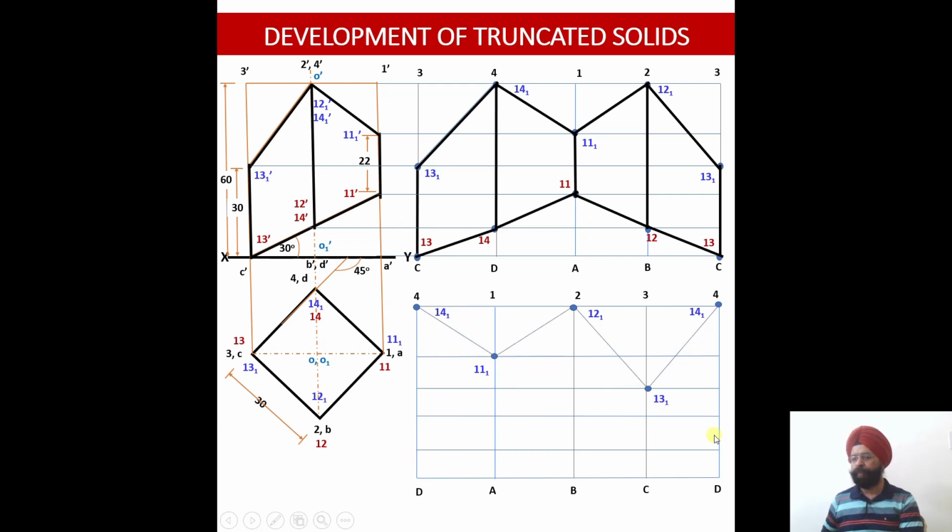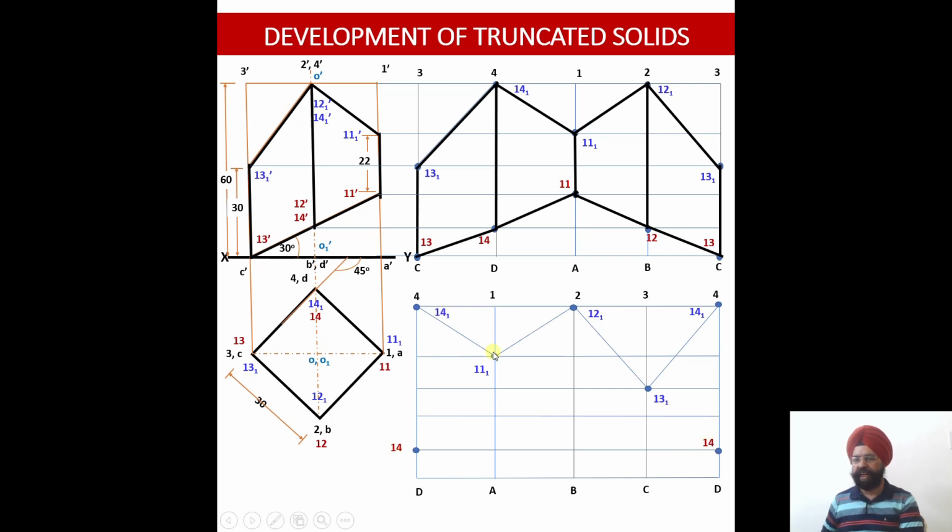Now I need to work out POIs corresponding to the lower cutting plane over here. So 4D, just see 4D, it is my first edge. So 4D will be cut at a point 14 dash. And where the projection lies, check fifth from the top or first from the bottom. So this is the projection of point 14 over here. So since my 4D is at the start, 14 will appear here, 14 will also appear here with red. So this is 14 in red, this is 14 in red.